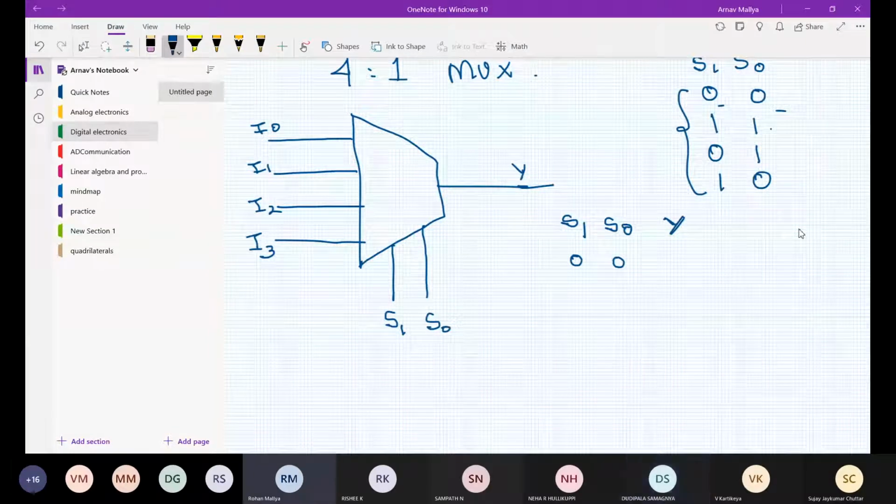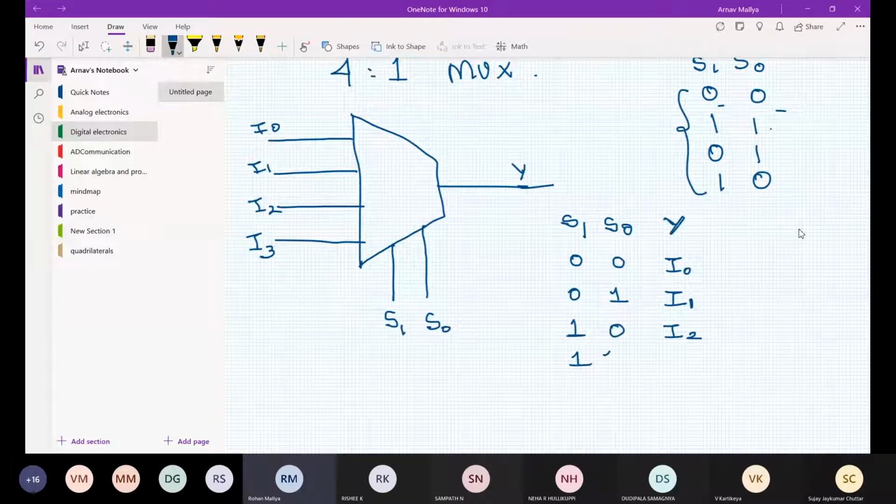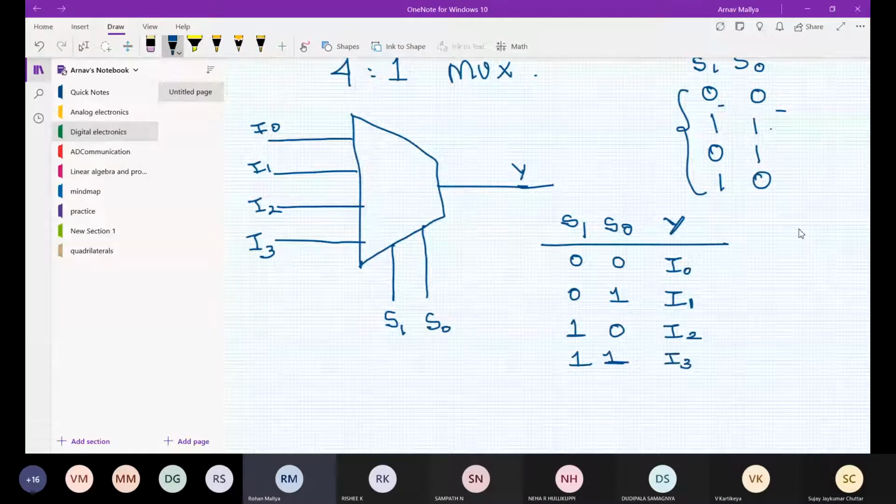When I make this low and this high, what's going to be my output? I1. Correct. Similarly, when I have S1 as 1 and S0 as 0, I'll have I2 as my output. And when I have both high, I'll have I3 as my output. This is the truth table.